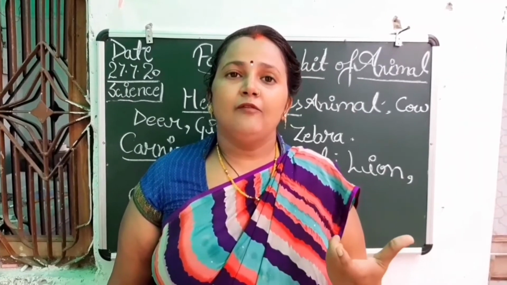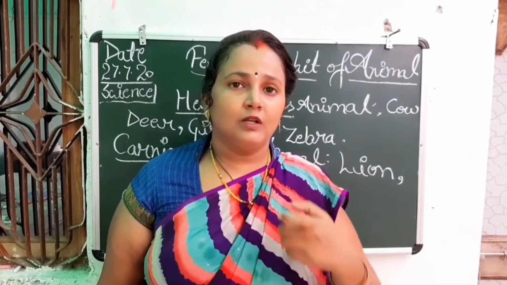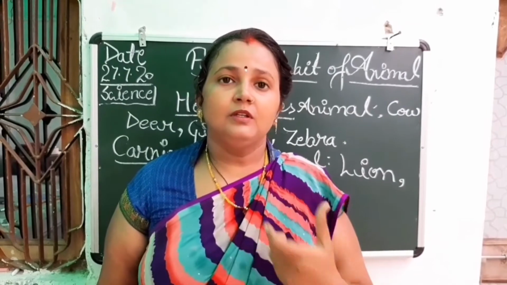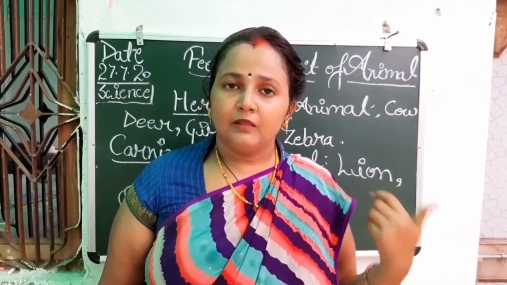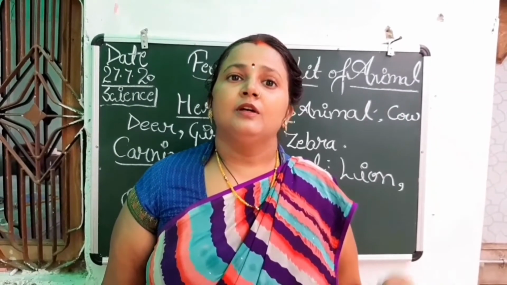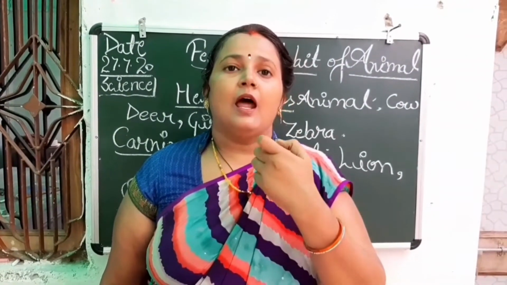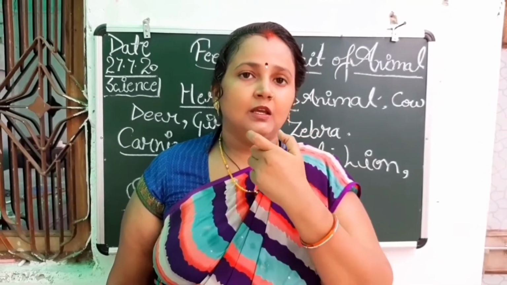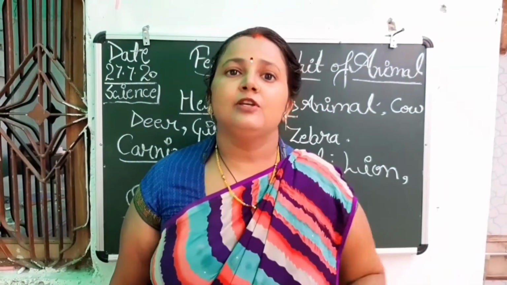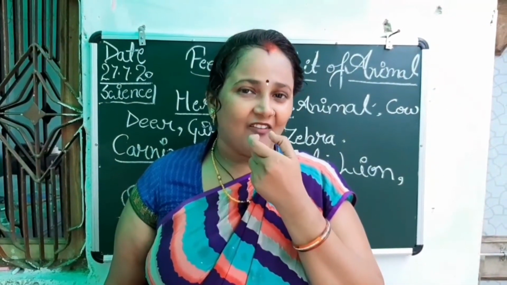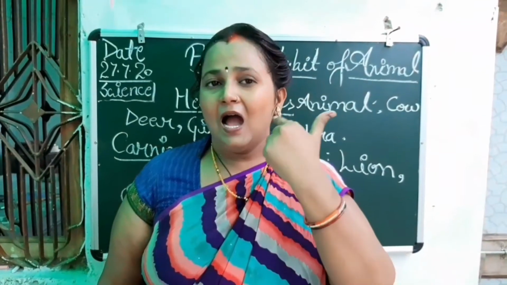So what are they having? Think about that. How can they eat both the things? Which type of structure are they having in their teeth? They can have both the things, flesh of other animals and the plant. Yes, very good. They have the flat back teeth. They can grind the things, and they also have the sharp canines in the front, right? So they can eat both the things, plant and flesh of other animals.